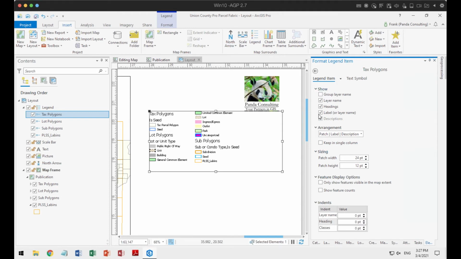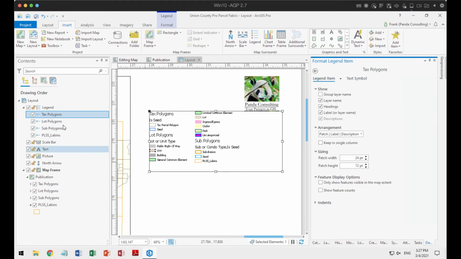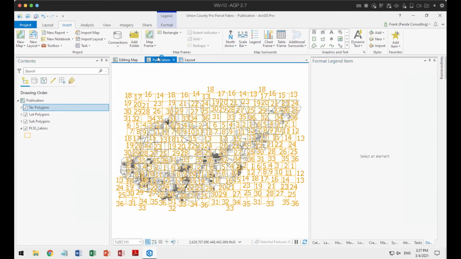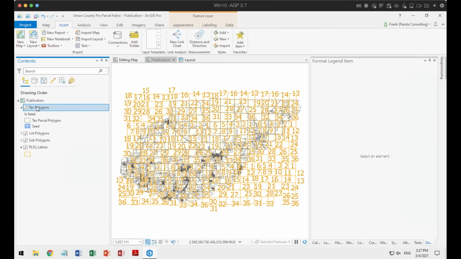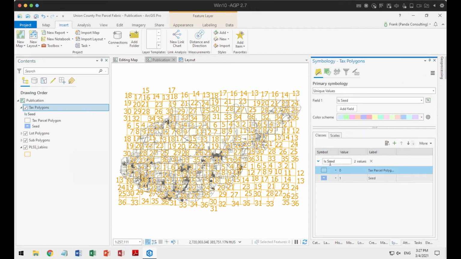Indents and where they are, whether this is kept in a single column or not. There's the text symbols on here. There supposedly is a way. I guess I still have to go back to here and change the symbology to be able to change what it's actually saying. So if I click on my symbology here,